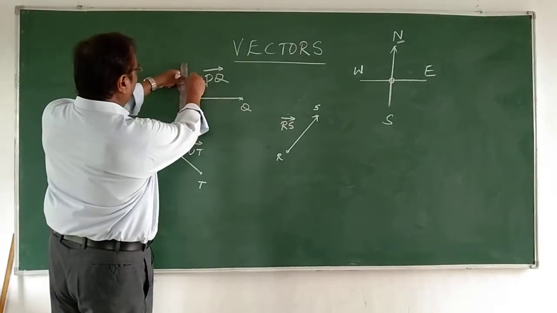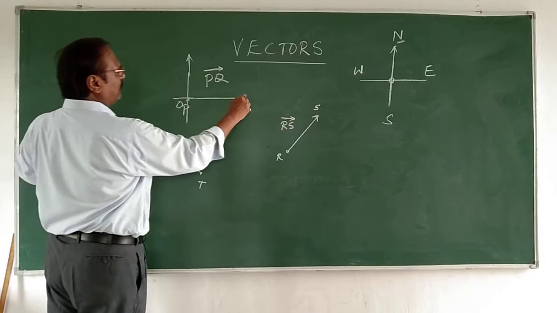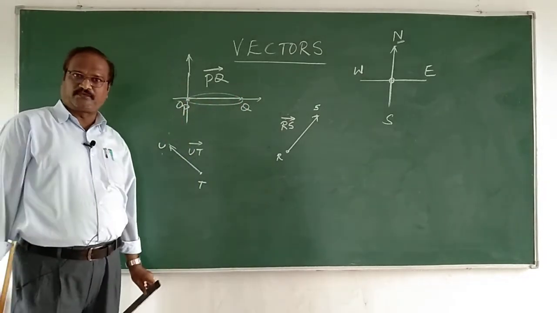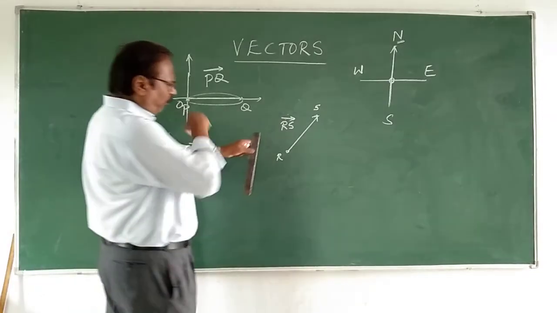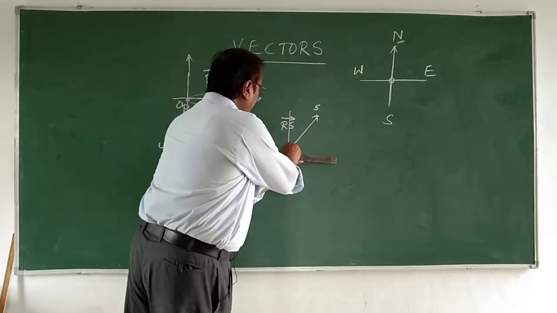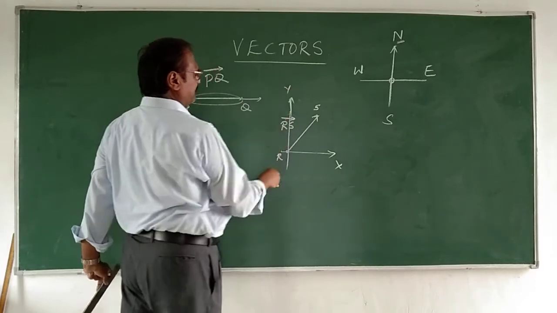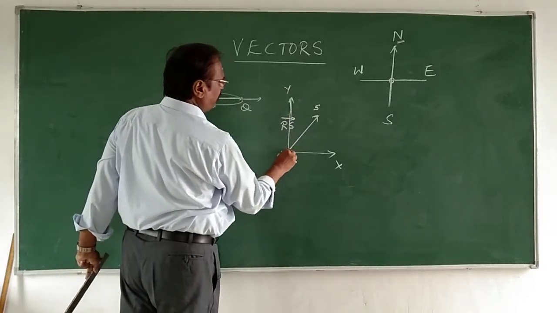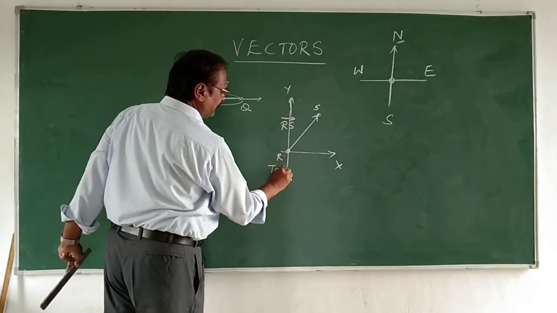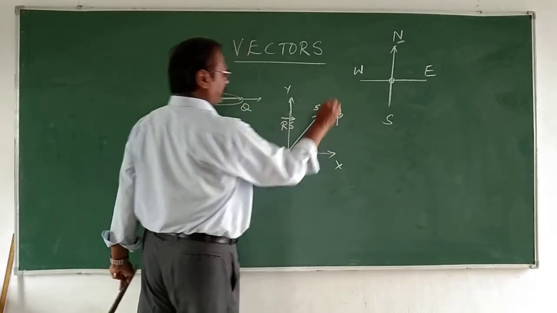So when I want to locate it, I always have to have an origin, x-axis and y-axis, and I can refer to that particular displacement or position. Let us take the RS vector. Now what is the origin? We need a reference point, right? I take a reference point like this. This is the x-axis and this I mark as the y-axis. Now RS, this is the starting point, this is the end point. So this is called the tail of a vector and this is called the tip of the vector.